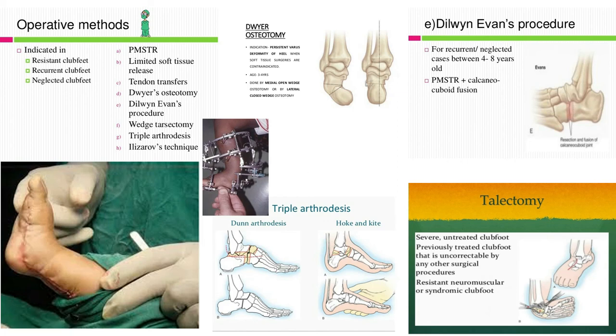in a 2 or 3 year old kid is very difficult because the bone quality is not good, and maintenance of this type of ring is very difficult. So we should not go for this type of invasive posterior approach, because that can damage the posterior tibial artery and nerve, and sometimes the anterior tibial artery is absent.